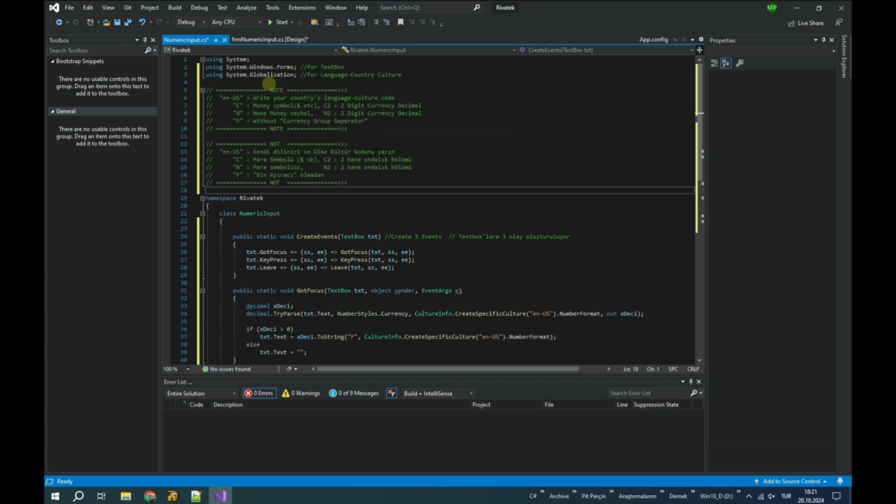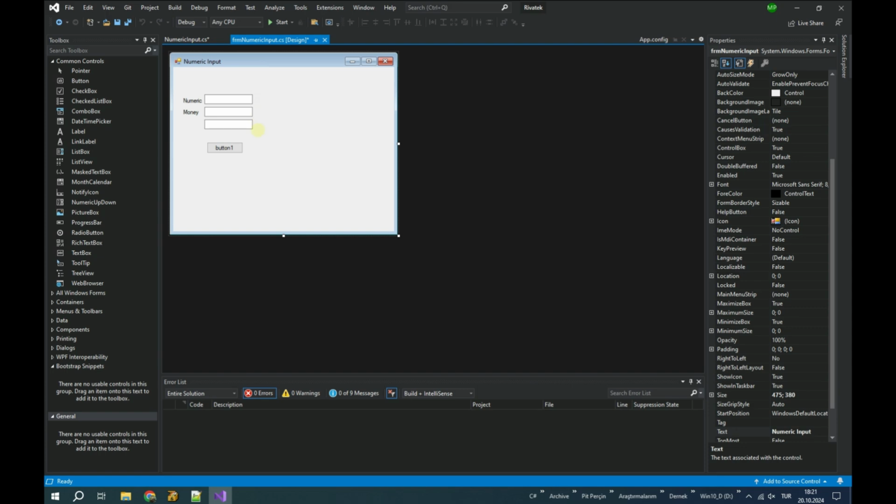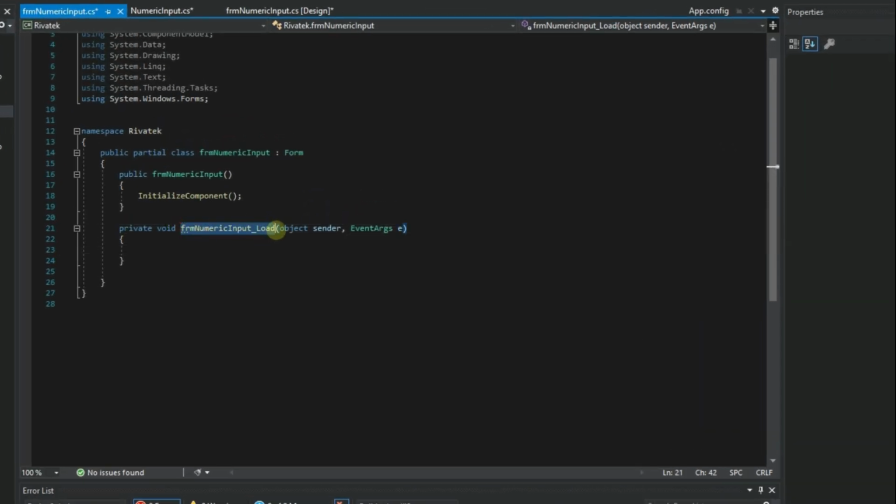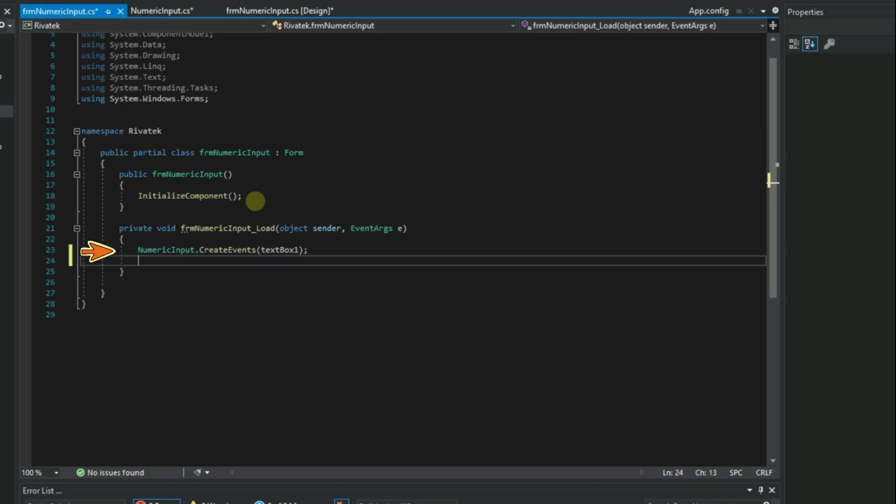Let's add it to the form load section for testing. When we run a method for each text box, the focus, keypress and leave methods will be triggered when necessary.